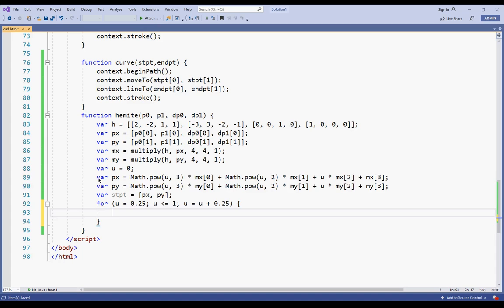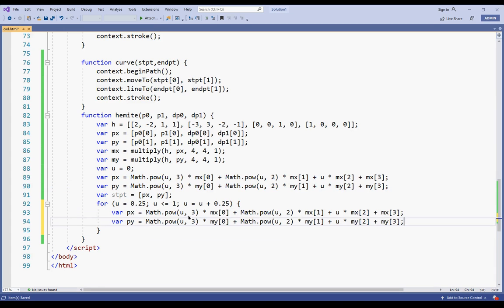So I'll copy and paste this equation again and put it here. If you remember, initially u was 0, so I got my start point. But in this case I am going to get a second point because u is starting from 0.25.